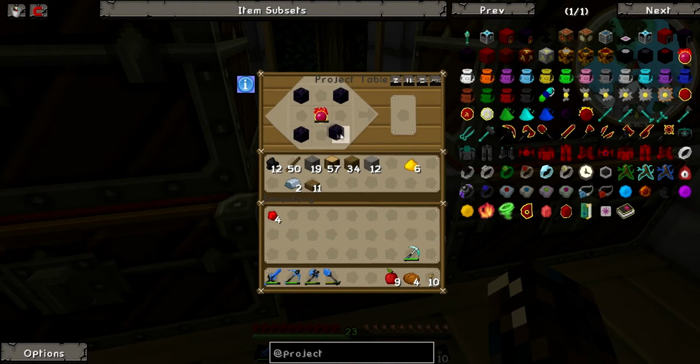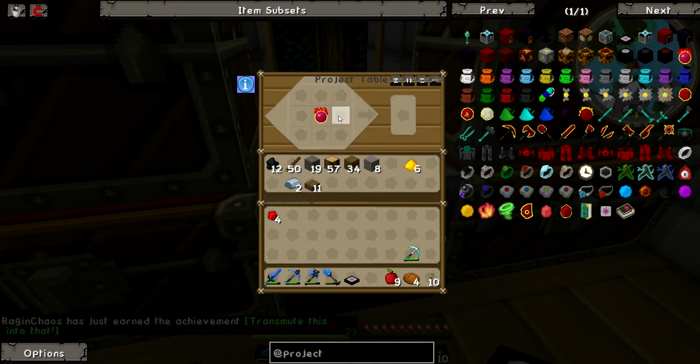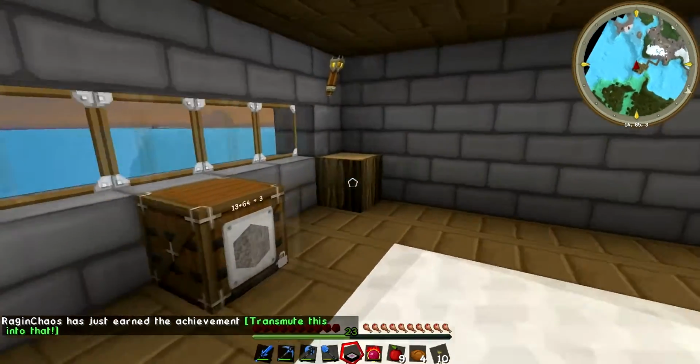So, 1, 2, 3, 4. There's your table. And we get our Philosopher's Stone back. Now, the lovely thing about this table,